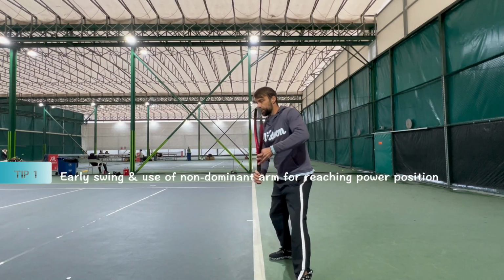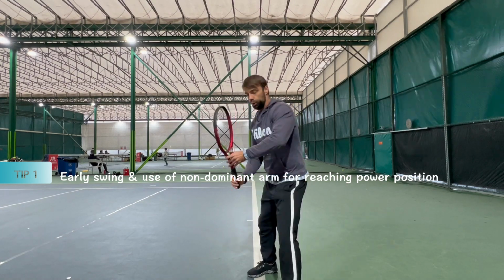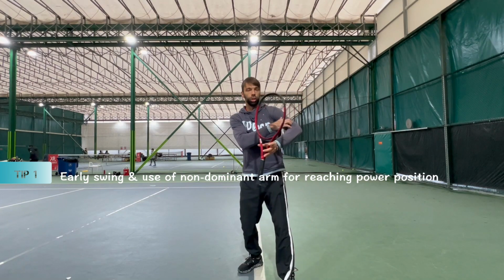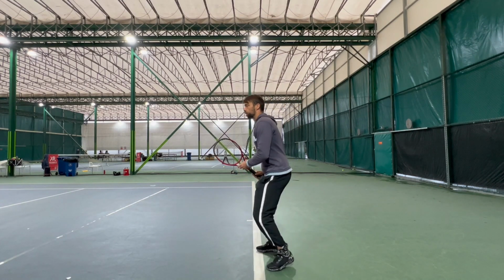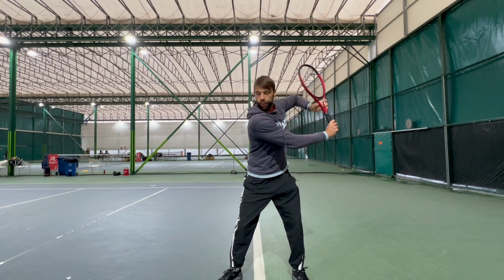Start with the swing here, and use your non-dominant arm to basically lift the racket up. Notice all the top players, non-dominant arm, the elbow goes way up high, even above the shoulder height. Very important. So you've got to focus on this. We need this leverage. So, number 1, right? Then you can do